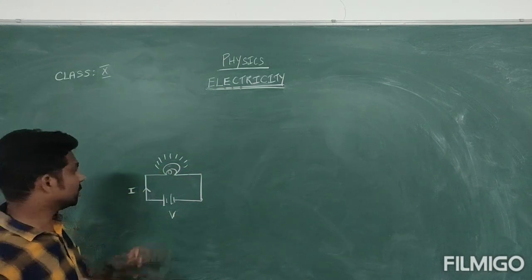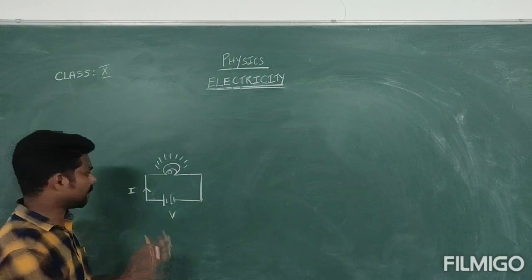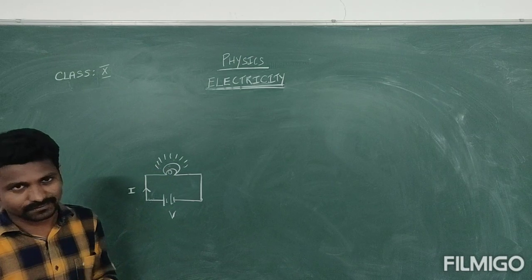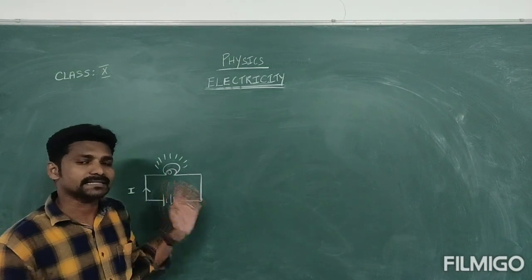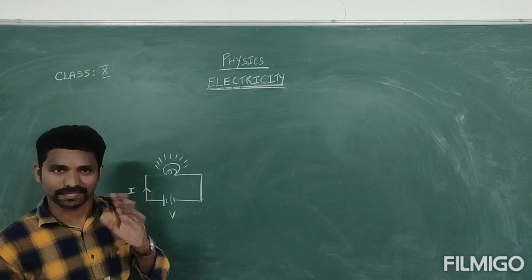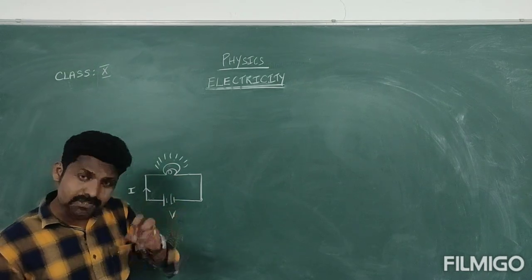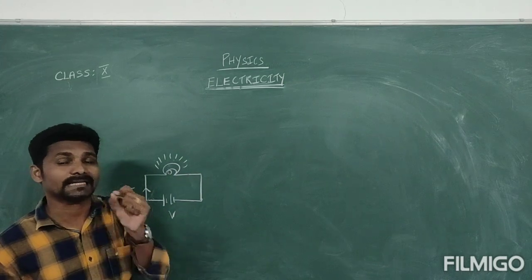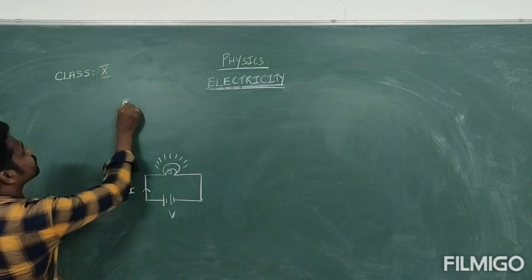So we know that while we are passing the current, say for example, we pass it for half an hour. Then after that we switch it off and touch the electric lamp. We feel somewhat heat. That means here energy is dissipated in the form of heat with respect to time. One more way is the energy consumed by this electric lamp, so that is known as electric power. Now we are going to discuss electric power.